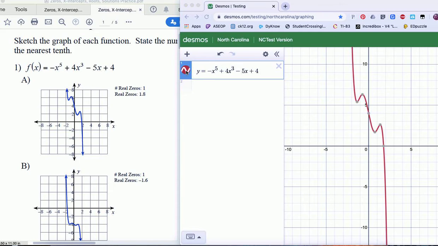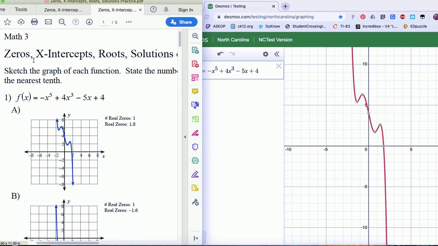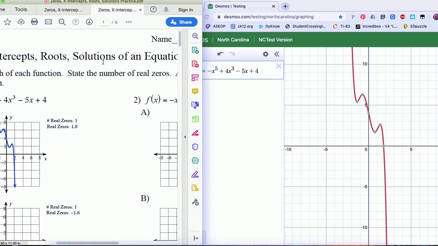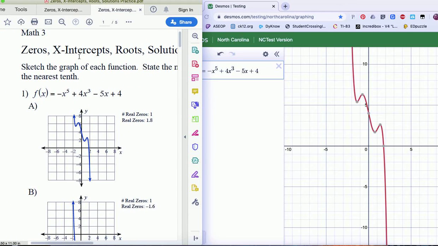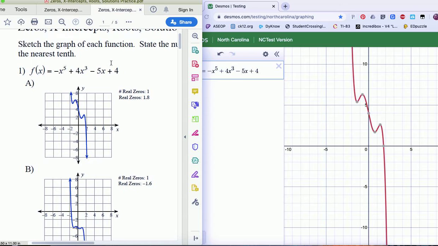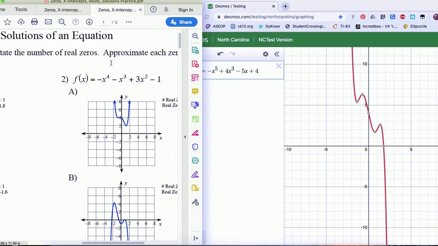Going to show you how to use Desmos when you are to solve for the zeros, x-intercepts, root solutions. All four of those mean the answer, where it crosses your x-intercept at. So the question may say 0 or roots, it means the x-intercepts. So the directions say sketch the graph of each function, state the number of real zeros, and approximate each zero